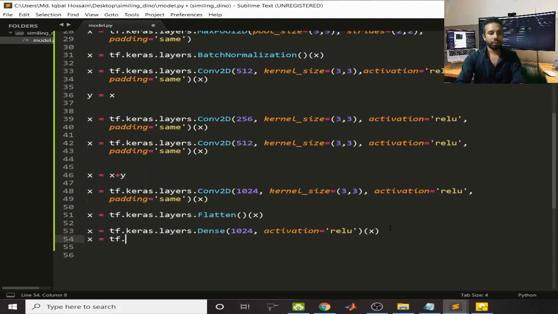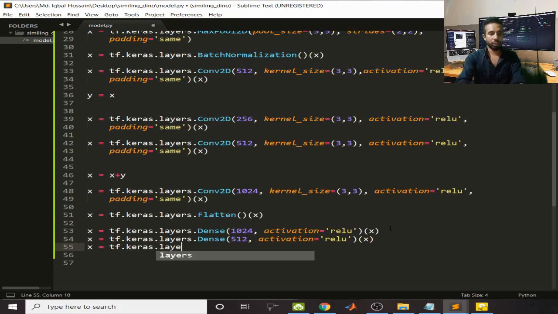Then x equal to tf.keras.layers.Dense. Now I am going to use 512, and activation as usual rectified linear unit, and pass out there x, and x equal to tf.keras.layers.Dense, and 256, and give the activation here,